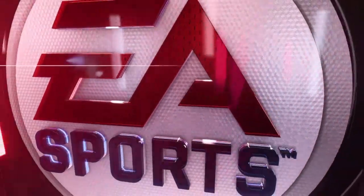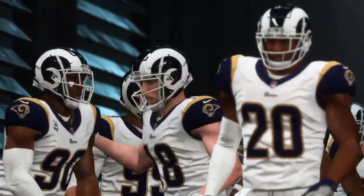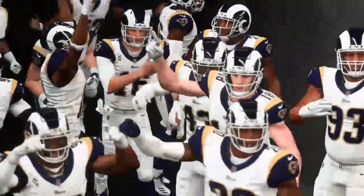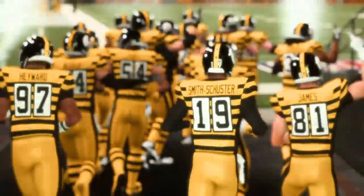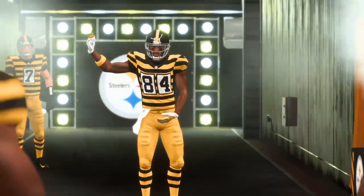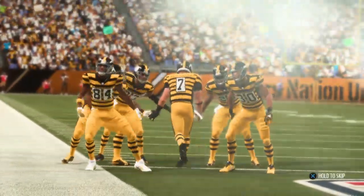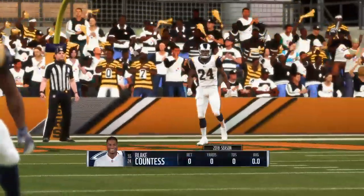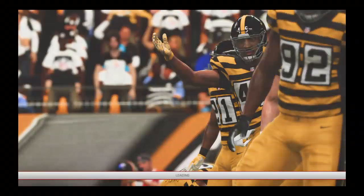Right at the convergence of the Three Rivers on Art Rooney Drive, we welcome you to Heinz Field in Pittsburgh, Pennsylvania. This was the scene just a few moments ago as the Pittsburgh faithful were fired up by the hometown Steelers taking the field. They're all set as they'll match up with the Los Angeles Rams. Happy to be on hand. I'm Brandon Gaudin with Charles Davis, and before we...